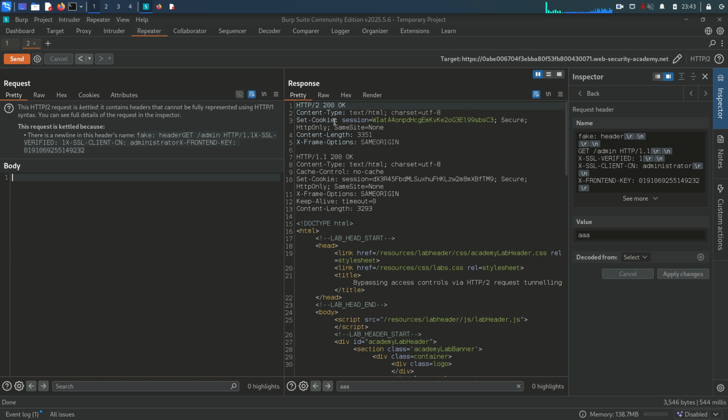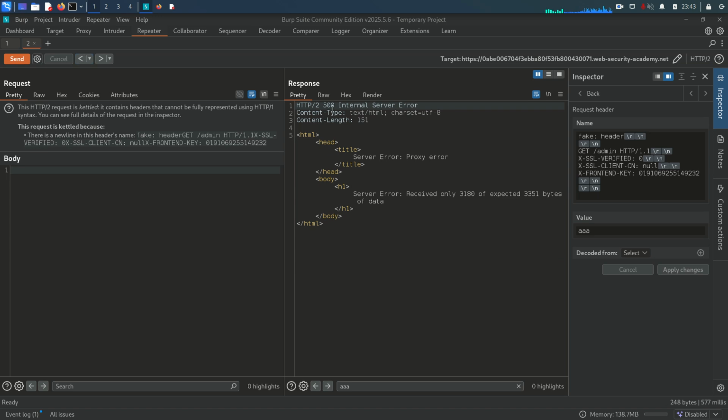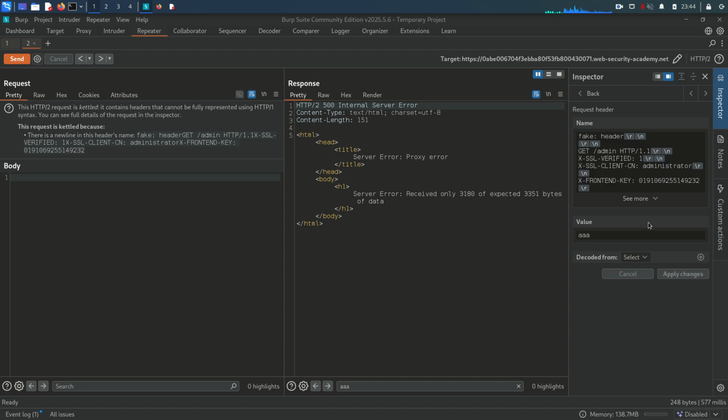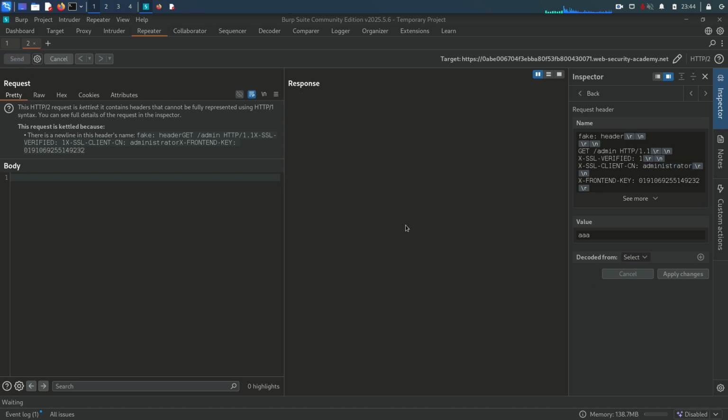Now this time you can see we received the response, but I would like to go back a few requests because I did not change it in the previous request. So I'm gonna add here one and administrator, apply changes, and if we go back you can see the method is head and the path is login, but make sure you change these parameters from 0 to 1, and the CN is administrator. Okay, if we send the request now,